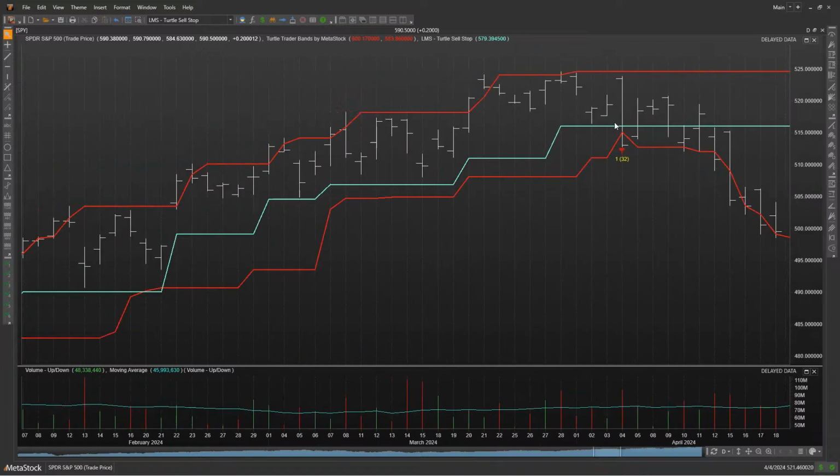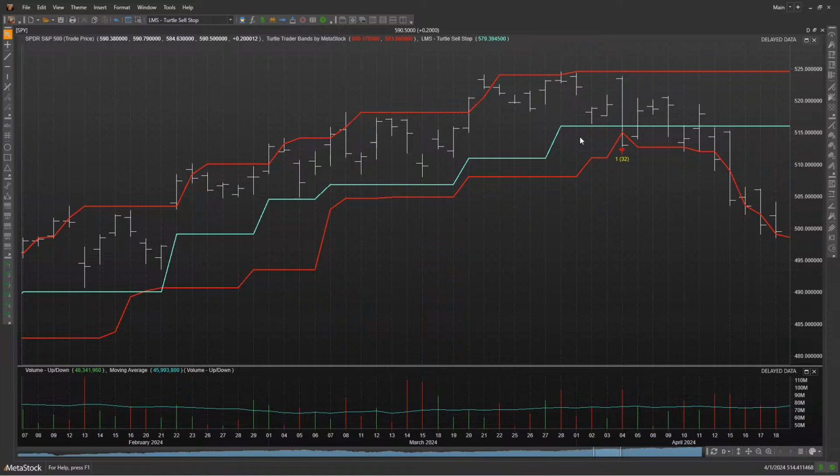Okay, so here's one right here. For example, this might be a pretty good example that this one got out at a price of 516.10. So if I hover over this blue line, you'll see that that's the value of the ATR. So in other words, it's not looking at the value of the lower band, it's looking at the value of the ATR in order to exit. So taking that idea of entering when it goes above the upper band and then exiting when it crosses the ATR, it actually didn't improve my results.